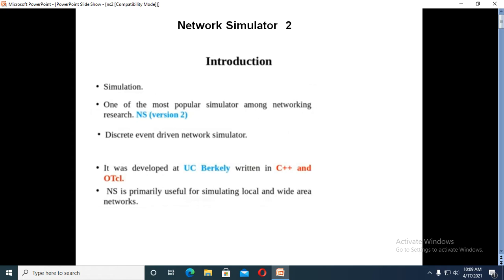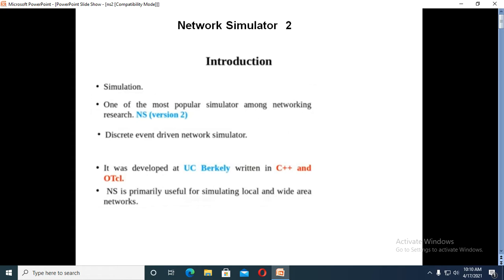For doing network simulation, a lot of simulators are available. One of the most popularly used simulators is called Network Simulator 2, or NS2. NS2 is a discrete event driven network simulator. Generally we have two types of simulators: one is time driven, the other is event driven.